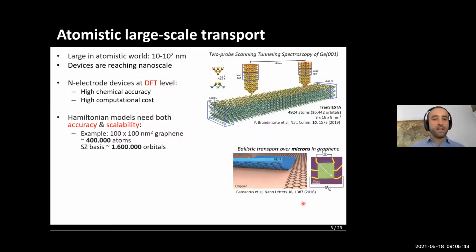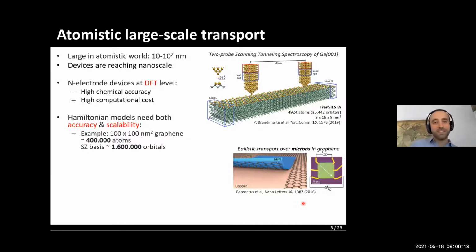Just to give you an idea, a 100 by 100 nanometer square graphene sheet is made up of around 400,000 atoms. That means that if you want to simulate that by using DFT, for example, an LCAO basis set, the simplest one, like a single zeta basis, you have 4 orbitals per atom, and that amounts to more than 1.5 million orbitals. You can easily understand that that's not really one of the easiest systems that you can simulate at the DFT level. So one often tries to